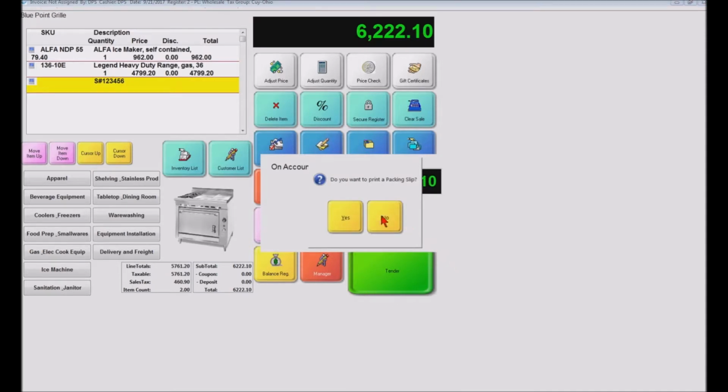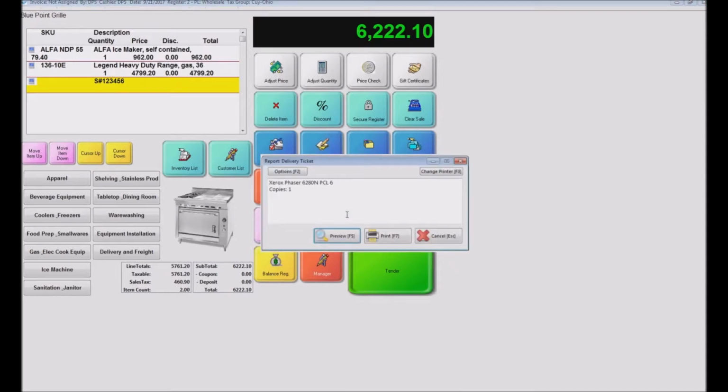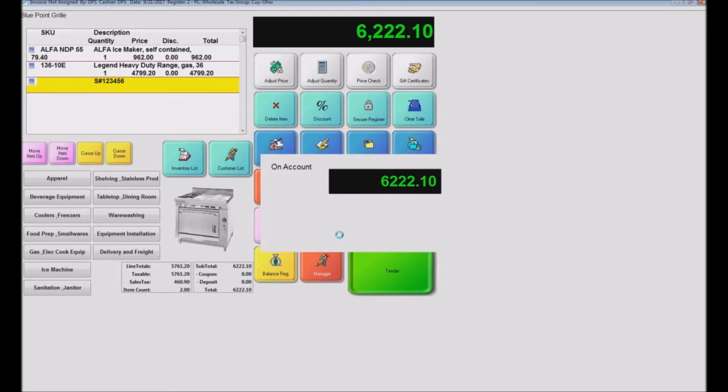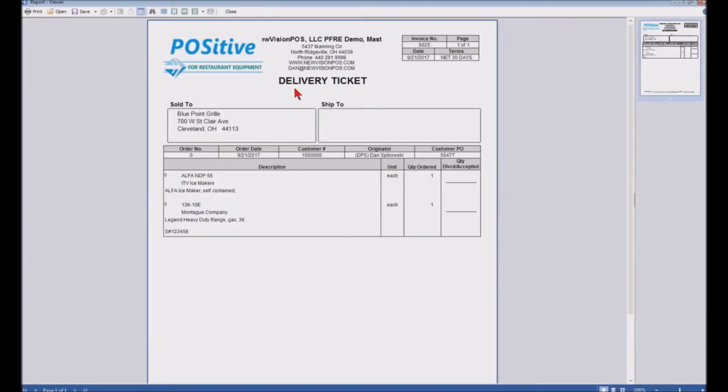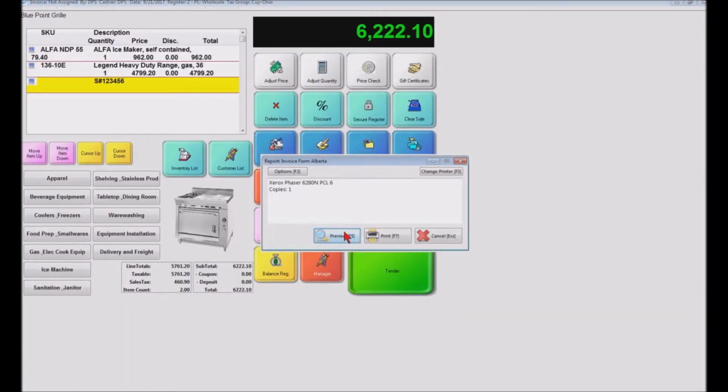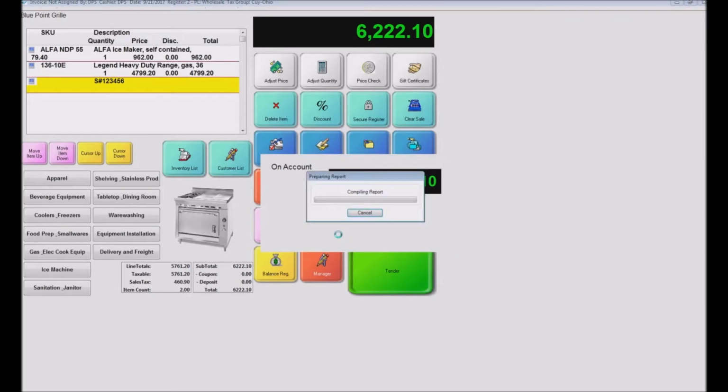If you want to print a packing slip, if I say yes, and we'll do a preview, it's going to print a delivery ticket or packing slip. And this is where the customer will sign to accept it. And then it says, all right, let's print the actual